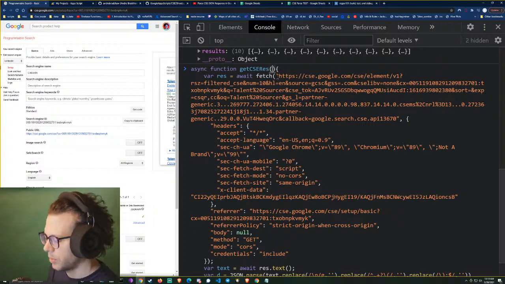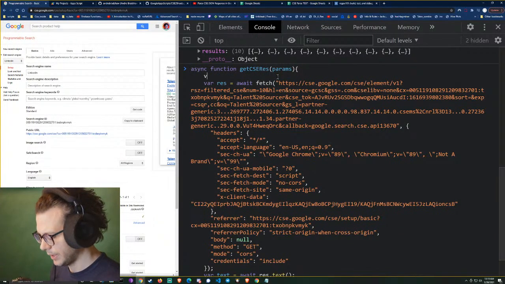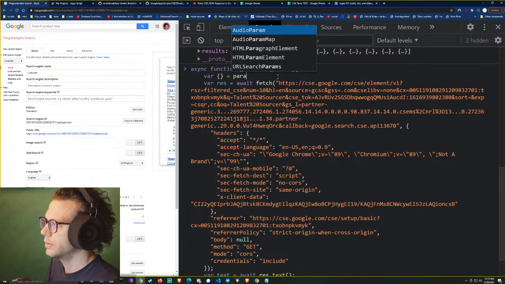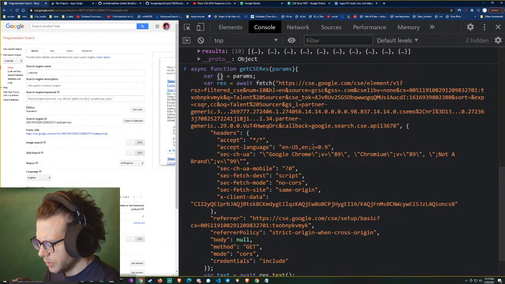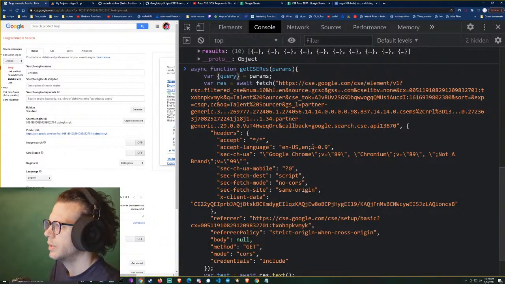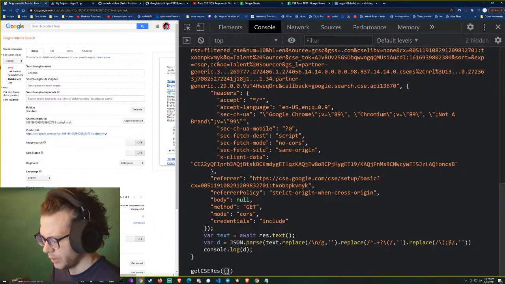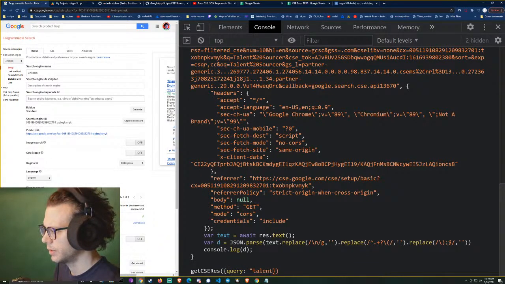So what we're after, let's put in here, we'll just say params, and then let's turn those params into some, we'll extract those params and assign them variables using this spread operator. So the first thing we'll do is we're going to say query, and then down here, this is where we're going to write it. So the query that we're doing in this case is going to be talent sourcer,